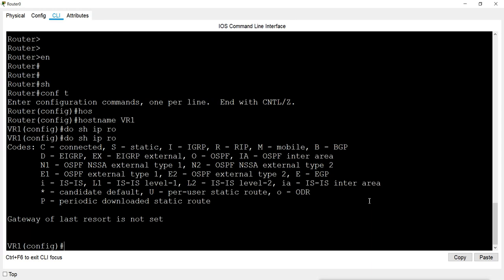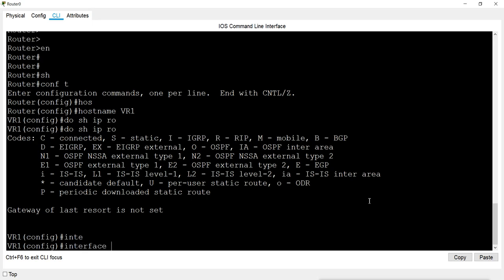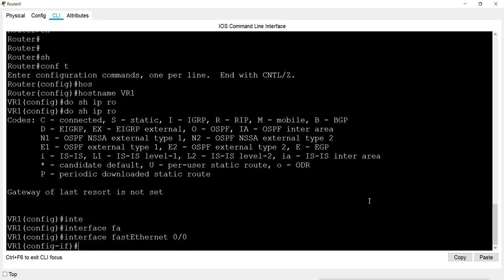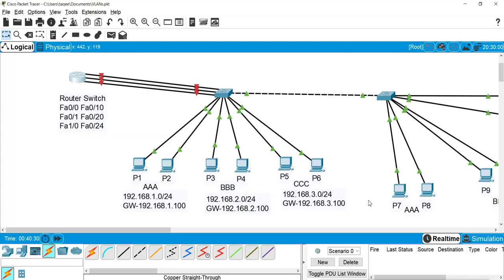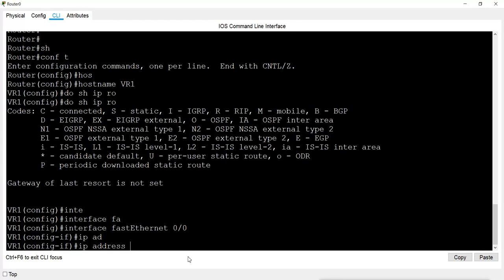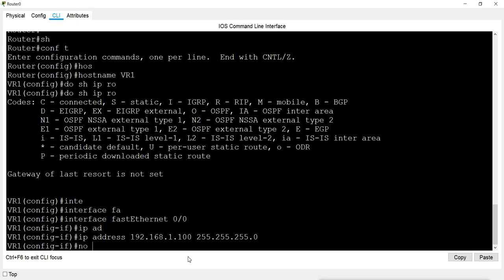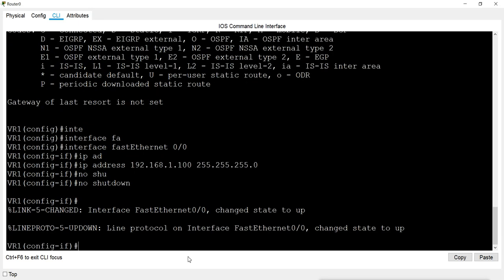So I will go to the first interface, Fast Ethernet 0/0, and give the IP address. Now what IP address? We have decided that this IP address will be for VLAN A, and this port belongs to VLAN A. So I will give the IP address 192.168.1.100 with this subnet mask, and I will say no shutdown, so it will enable the port.